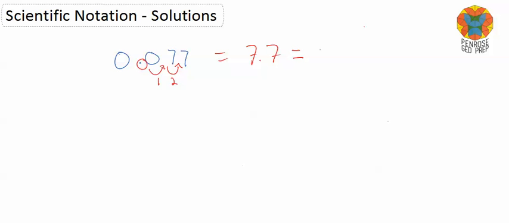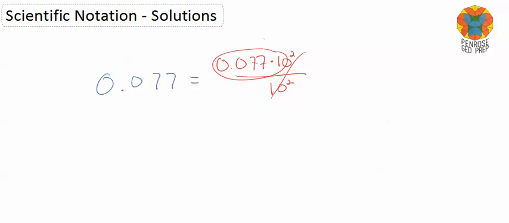So 7.7 is actually 0.077 times 10, 2 times, so we can write this as times 10 squared. To get our original number, 0.077, back, we need to divide by 10 squared. So the 10 squareds cancel out. But remember from the section on exponents that 1 over 10 squared is actually written as 10 to the minus second power. So we can rewrite this last step I made as